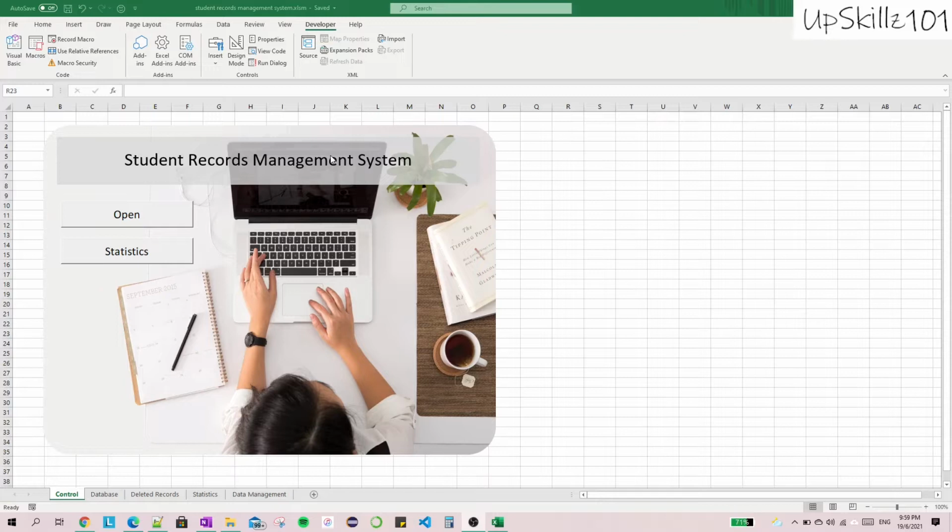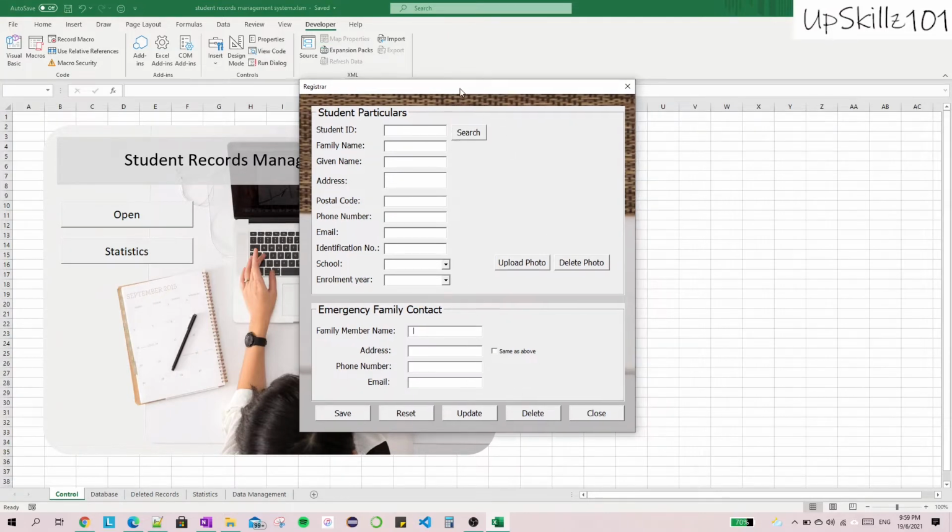Alright, so as you can see, this is the basic interface of this system. The background is just a picture. So if I click on open, so you can see there are different fields for student ID, family name, the given name of the student, address, postal code, phone number, email, identification number,